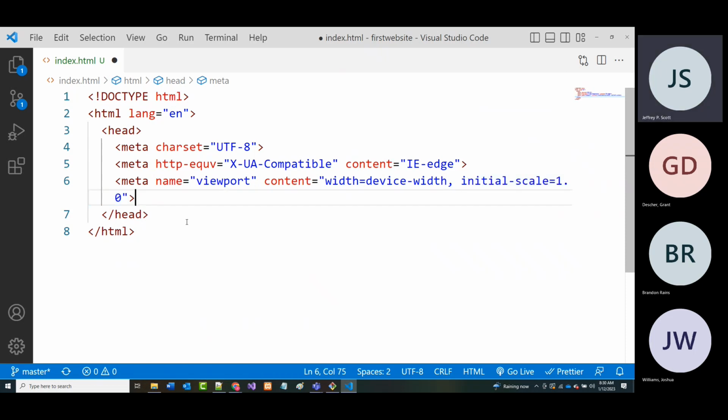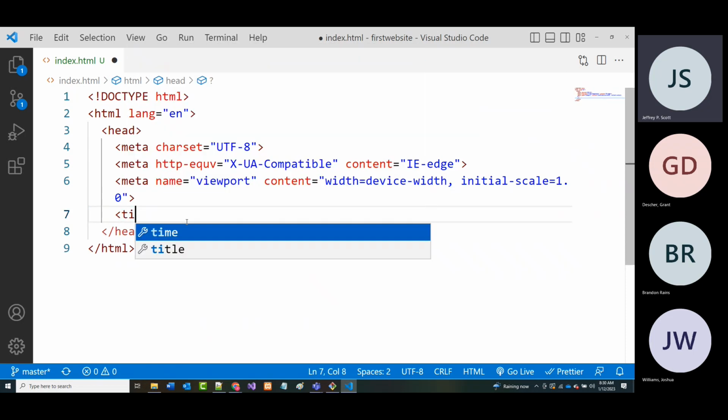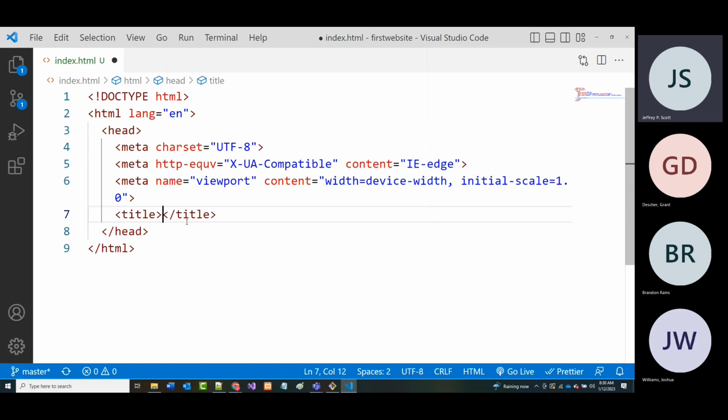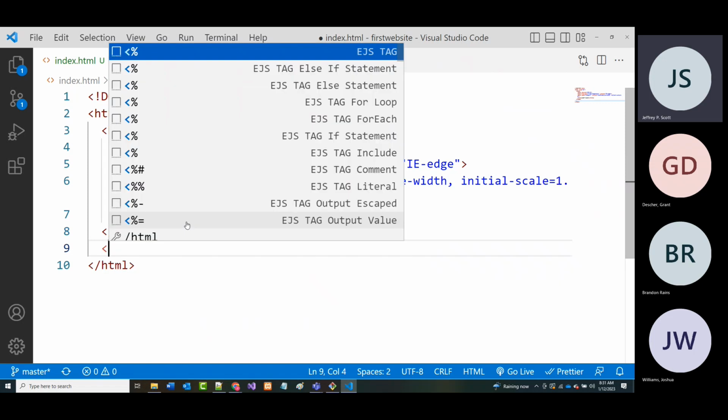Okay, and then a couple more lines. We're going to put in another line, and it's going to say title. And I want you to really see what this title is about. For now, you can change it later if you want to, just put in your first name or put in your name. That's fine. Now, typically that wouldn't be what you'd put in for the title, but it's okay. All right, we're going to put in 2 more lines, well, 3 with a blank line, and then we're going to run this. So body,